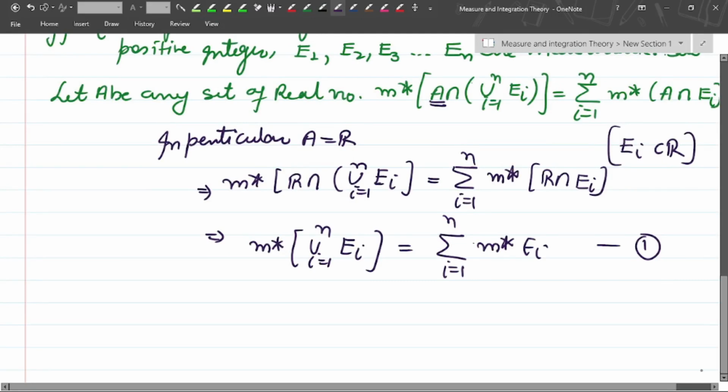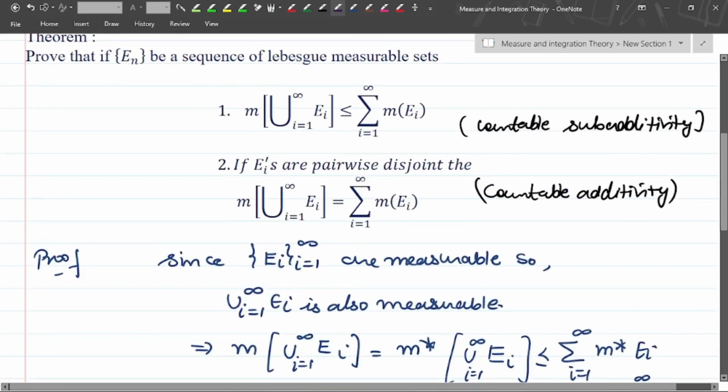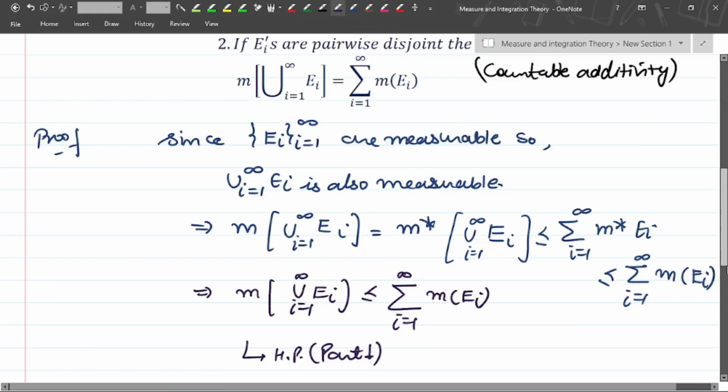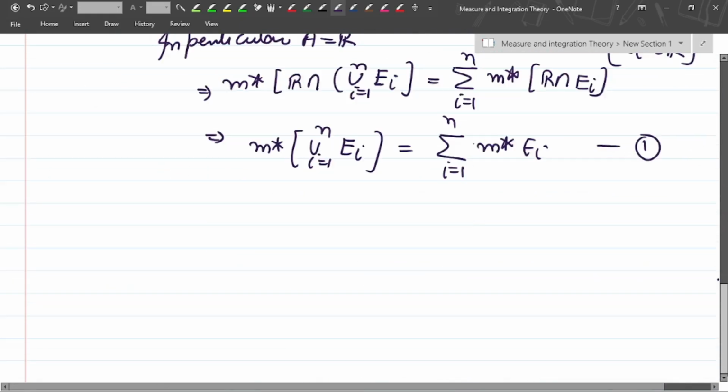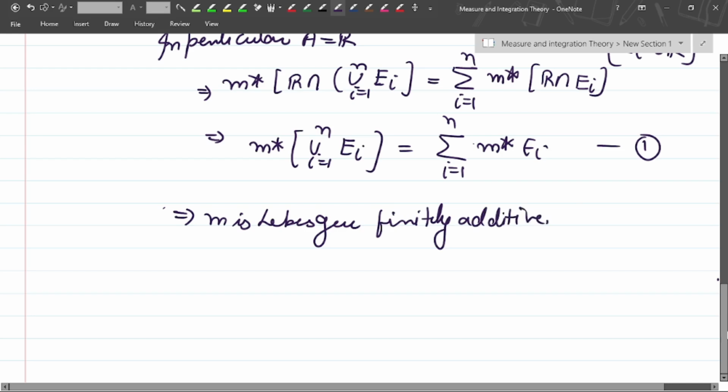Next. Outer measure, yes. We want the measure here. Okay, it is for outer measure only. Now we'll do the same in a similar manner. Here we need M only. The outer measure is basically the measure only. Next, if we have this, then M is Lebesgue finitely additive. So if it is a finitely additive Lebesgue, then